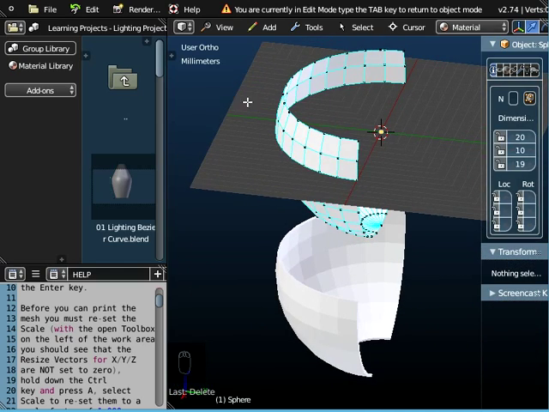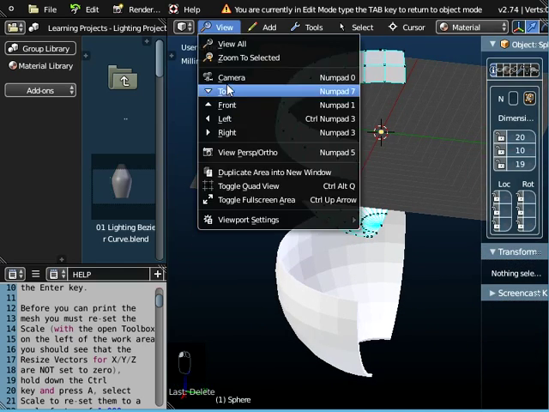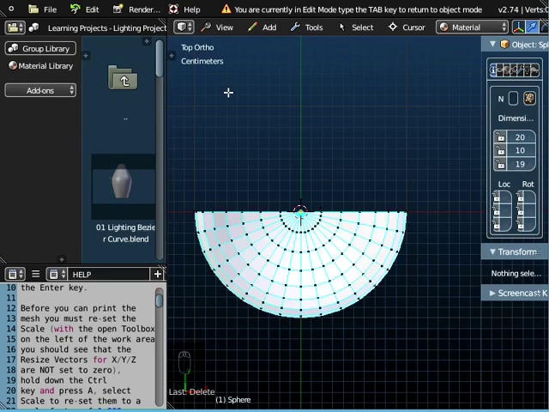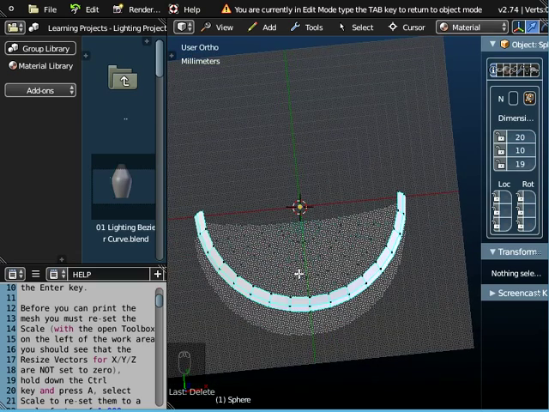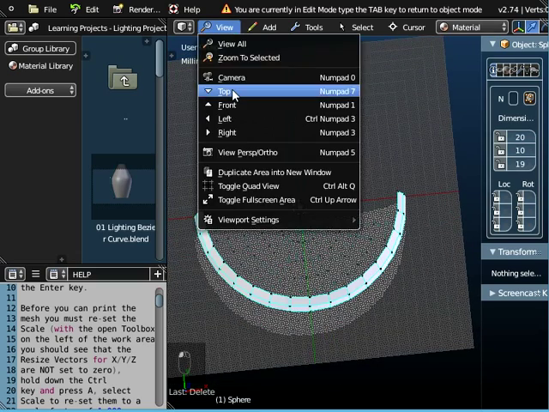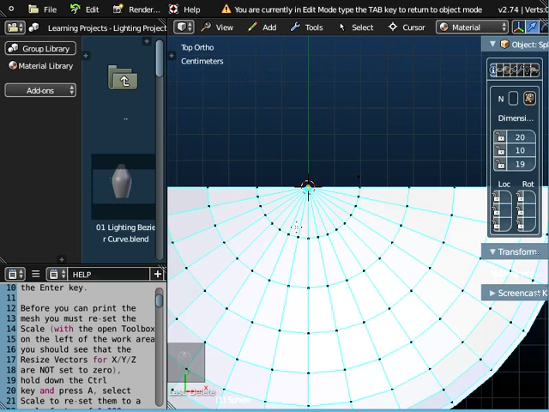Okay, so if we go to View we can select view and top view, and it's number pad 7 to view it from the top. Is that going to help us? Well, yeah, I suppose we can delete it from the top. So if we go view and view from the top, if we zoom in,